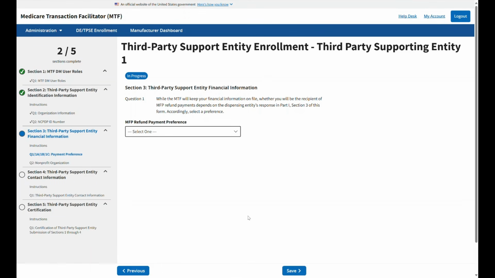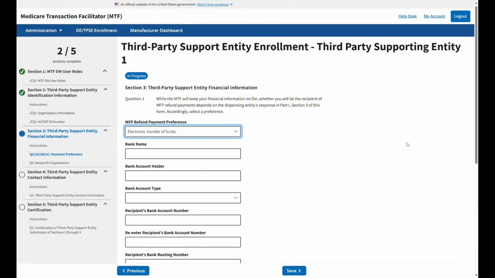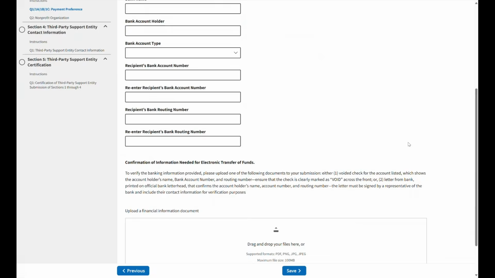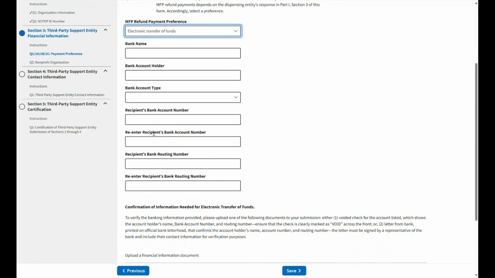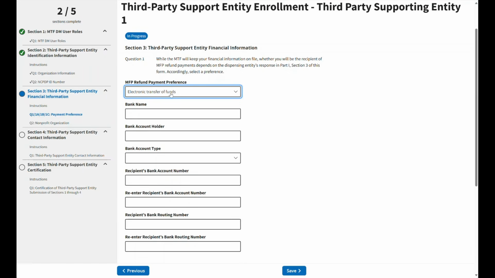This is where you will select your MFP refund payment preference. In the drop-down, you will select from electronic transfer of funds, paper check, and not applicable. Each of the options has different information that needs to be filled in. If you're doing an electronic transfer of funds, you will need to upload a voided check or a letter from your bank with your account information.